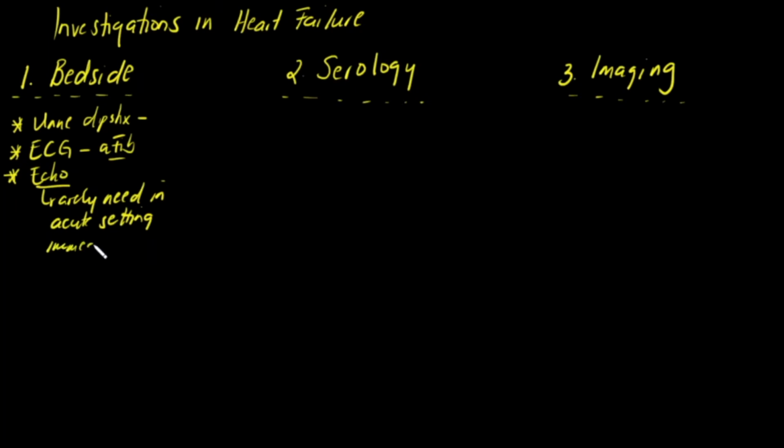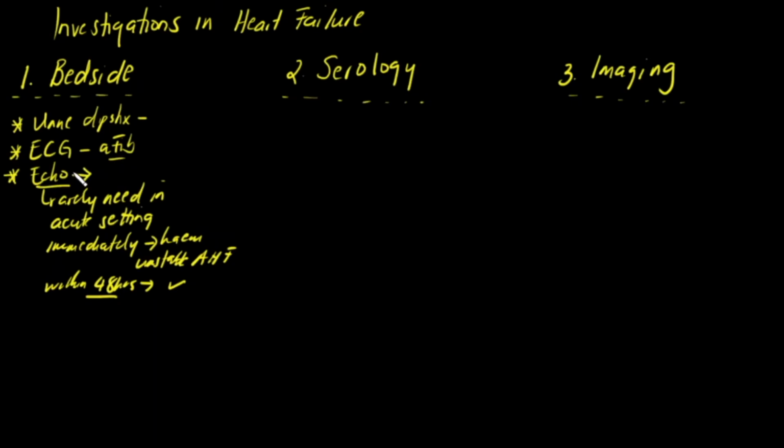You want to do it immediately if your patient is hemodynamically unstable. If your patient is hemodynamically unstable in acute heart failure, it is indicated. Otherwise, it should be done within 48 hours if you don't know the actual cardiac structure or function, or if it has changed over the past 48 hours, so it is useful to do it that early. Otherwise, echo is very, very useful, especially for the long term.